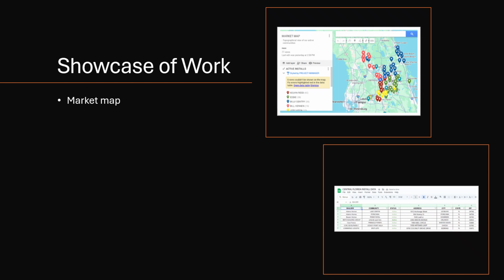Each pin represents a community, and the color of the pin represents the project manager associated with it. For example, if you're looking at the map right now, all the blue pins are Billy Gentry, a project manager. All the green pins are Eddie, another project manager. And if you click on a pin, all the related information associated to that community will